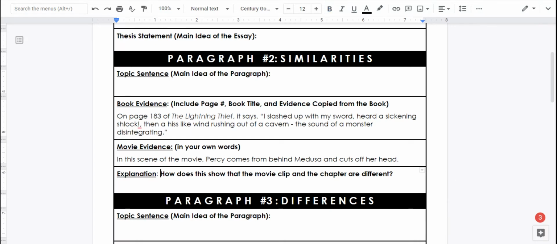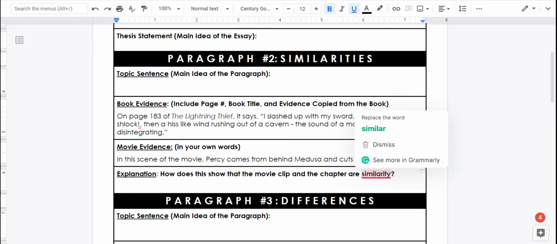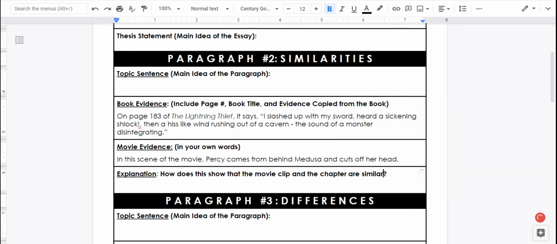Explanation. You see this question that says, how does this show that the movie clip and the chapter are different? Different is a typo, so we want to change that to similar. And we're going to restate and answer that question. So to restate and answer that question,